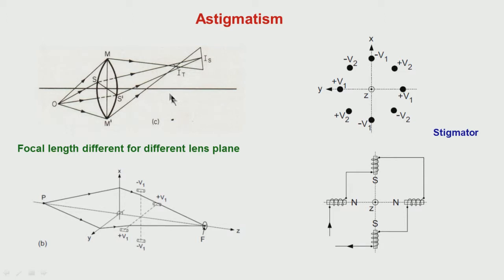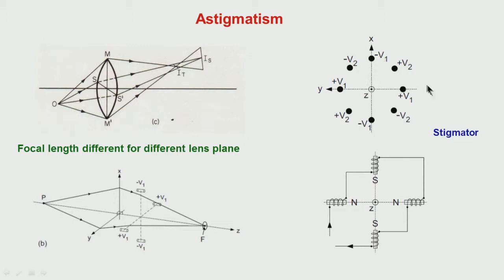So, how is this astigmatism corrected? It is corrected using what is called a stigmator. A stigmator is nothing but, in a plane here, because Z is the direction in which the ray is passing, we have some plates or rods to which a positive and a negative voltage is applied. This will generate essentially a field like this. Only the rays which are away from the optic axis will be affected, and the rays passing close to or along the optic axis are not going to be disturbed.